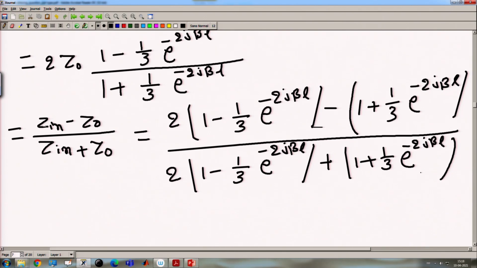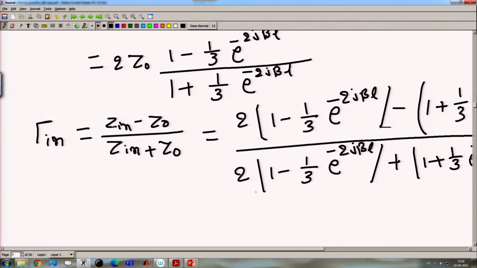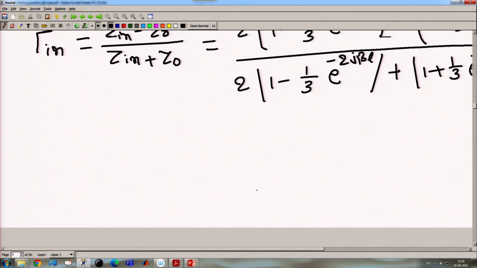So, after solving this we will get the gamma in, and that will equal to